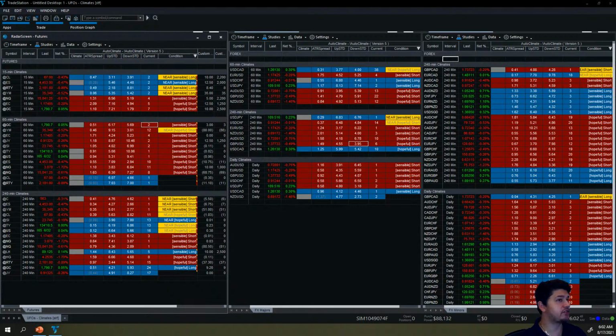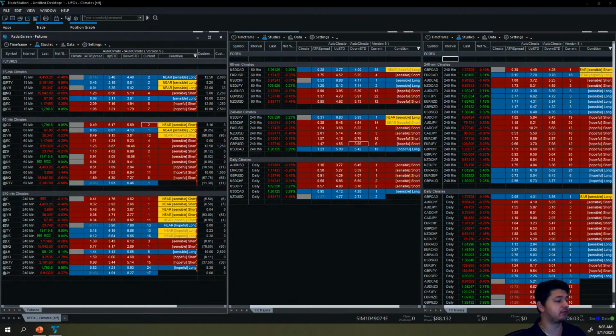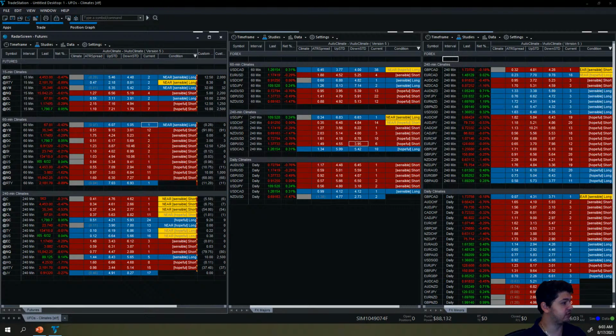All right. Now, as far as the lower part of this window, the 60-minute time frame climates, we're definitely looking at those as well. And then, of course, the 240-minute, the same thing. We do have, it looks like a couple of confirmed climates, and things are looking good in that sense. Okay, there we go. So we're looking good across the board here. I'm just checking out the different platforms that we're streaming on, and it's looking pretty good. Alrighty, let's go ahead and get started.